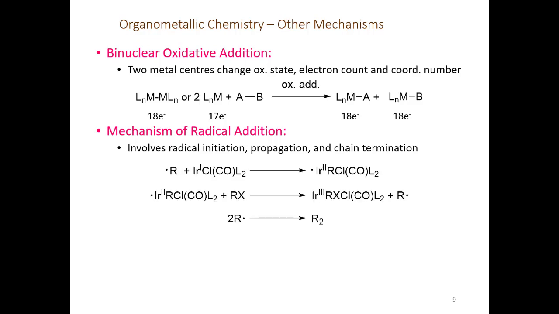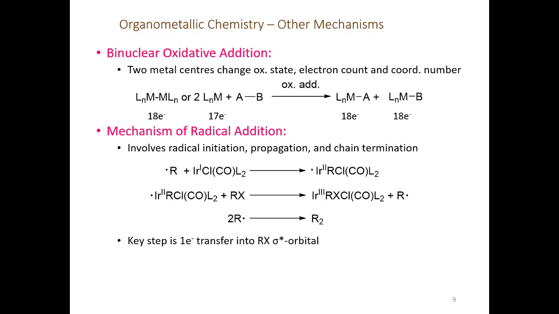So shown below is an oxidative addition reaction that's thought to go through a radical mechanism. And you can see that initiation starts with the reaction of a radical with an iridium 1 complex generating an iridium 2 complex that has some radical character. Now your initiator can actually be something like oxygen, or it could be an initiator that you add to this system. Then your iridium 2 complex reacts with your substrate RX,